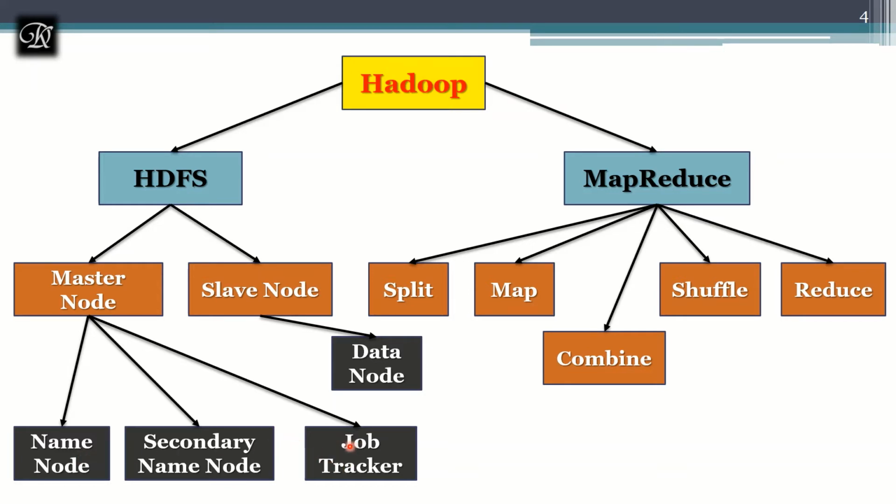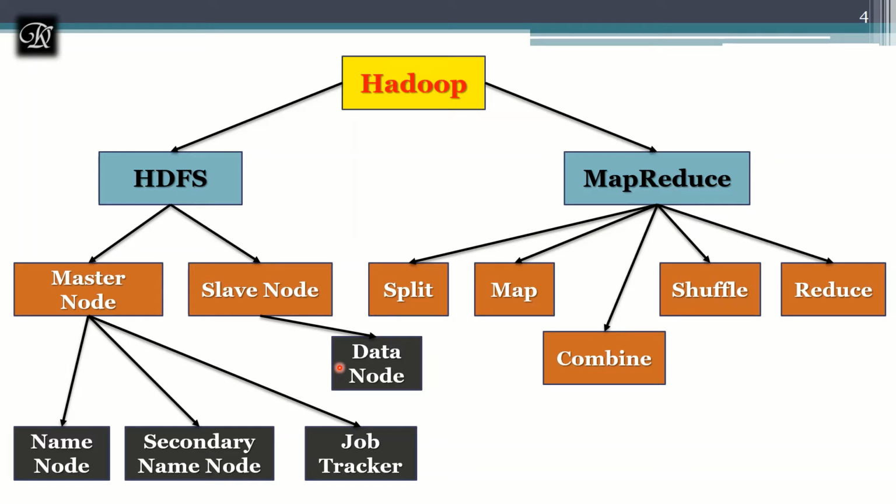But when it comes to the job tracker, it does not keep much data. It only keeps track of which job is assigned to whom, and it also does the task of assigning the jobs. So it needs more computation. Here we can have dual core, quad core, or octa core machines. Quad core machines can be the name node and secondary name node. But the job tracker should be some octa core or hexa core machine, because it's going to need much more computation compared to these two master nodes.